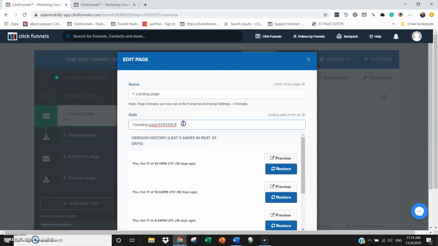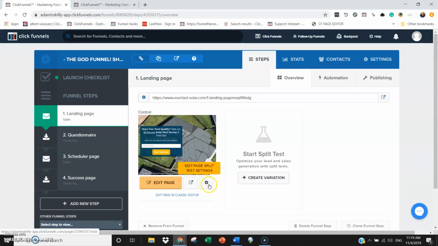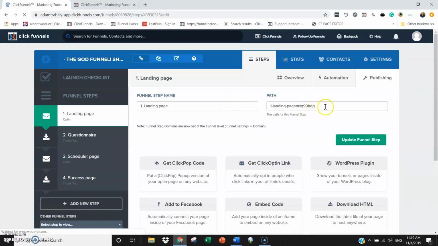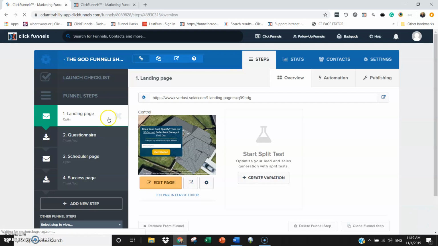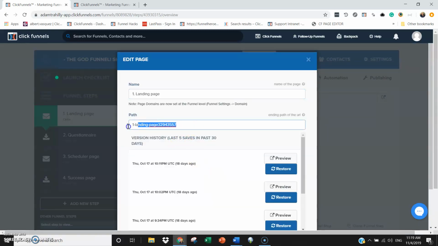So this is your page path here, okay? For each step, as you can see, there's two sections. There's this cogwheel and this cogwheel. This cogwheel is what you see displayed. So you'll see this page path here, displayed here. But in fact, they both matter. So this one here, you don't want them exactly identical, and that's what the system's doing here. It's generating random digits, characters, trying to make this more unique,